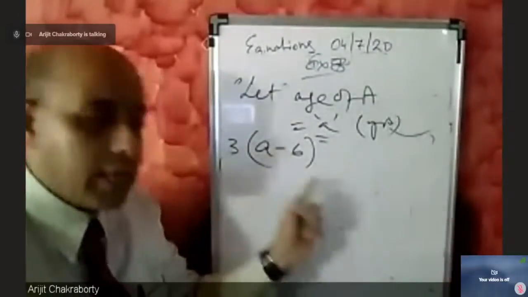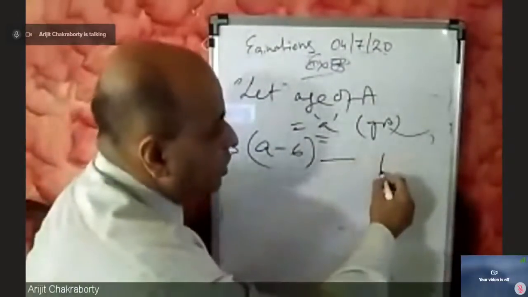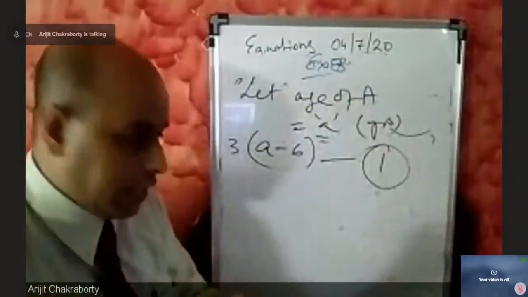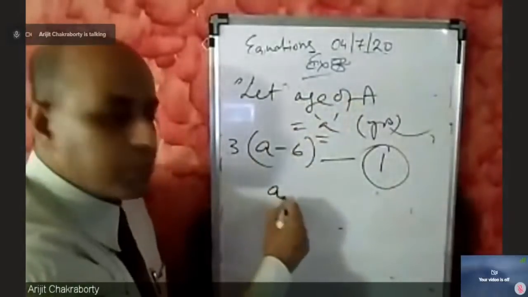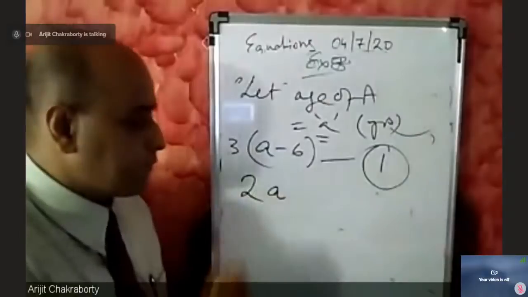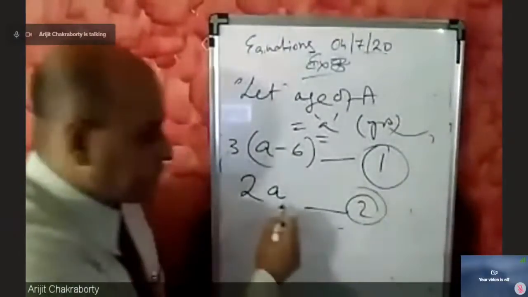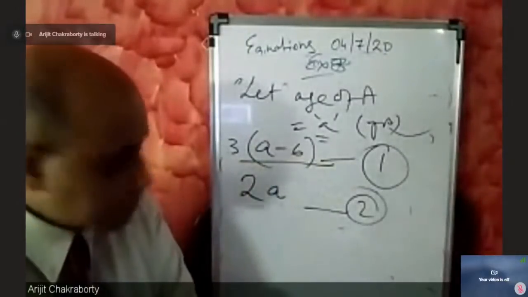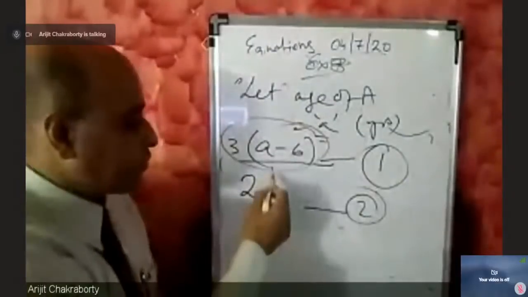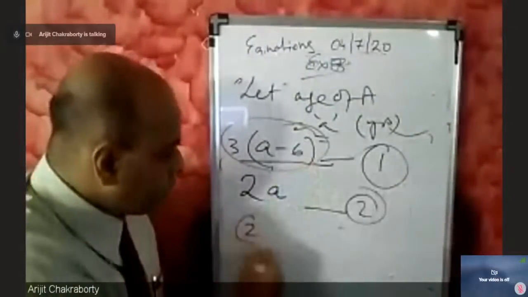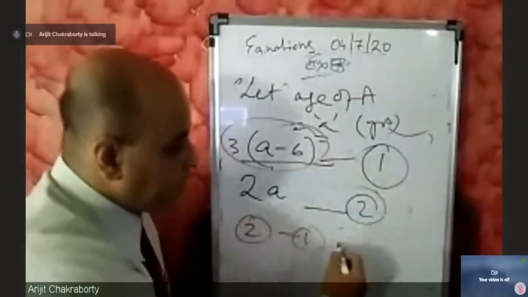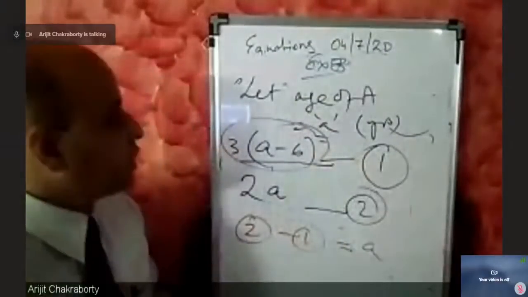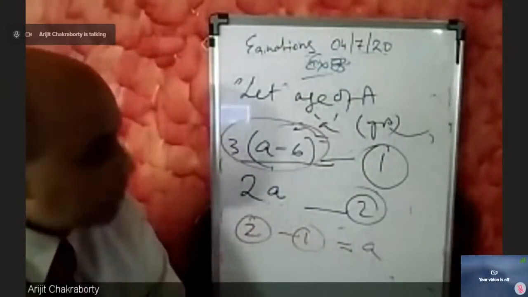If this is subtracted, so this is expression number 1. Very good. If this is subtracted from twice his present age, what is his present age? It is A. Twice his present age means 2A. Okay, very good. So we get the second expression. The question is, if this part is subtracted from this part, that is, if we do 2 minus 1, this minus this, we will get his present age. That is, we will get A. So the equation becomes what? Very simple. So the equation becomes